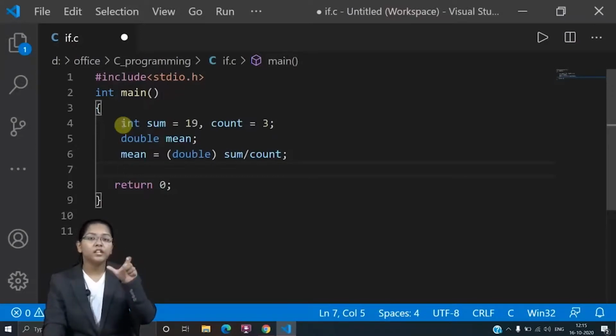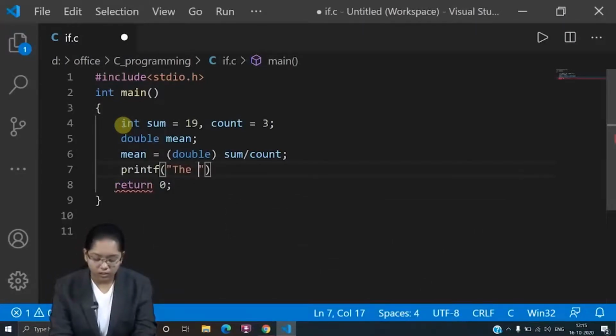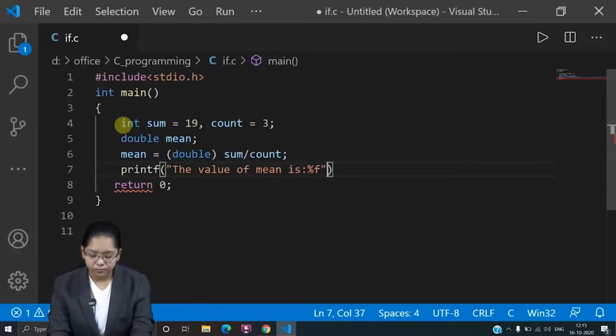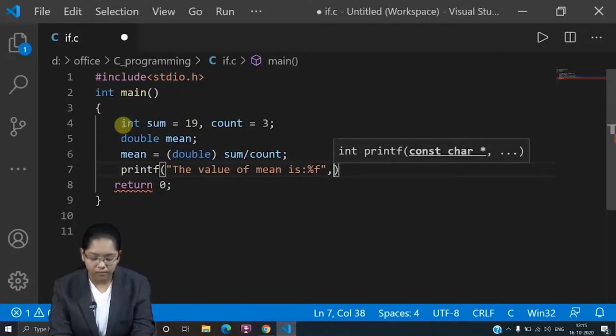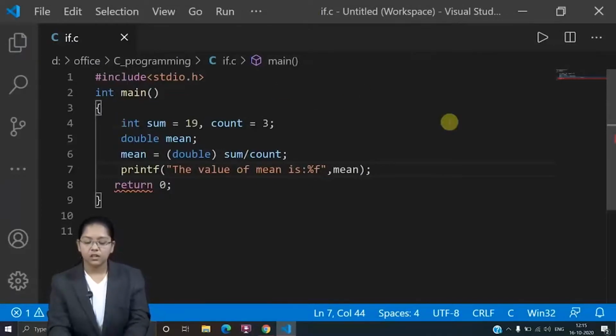You have to specify the data type you want it converted to. Let's print the value. Printf the value of mean is %f, comma, mean. Save this. Let's run this code.